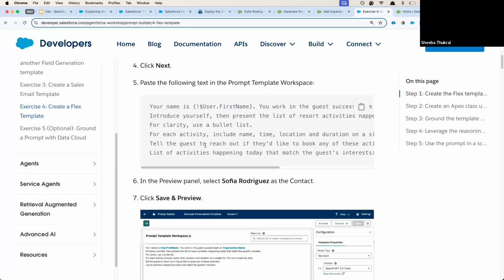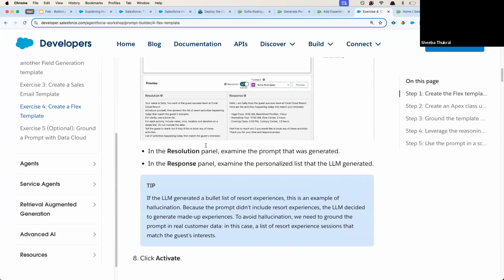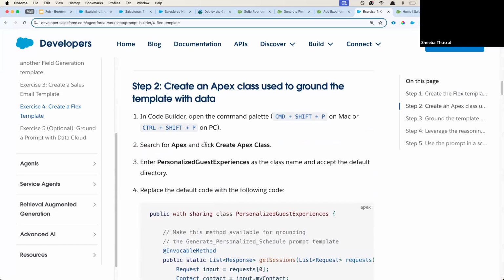So that's the flex template. So in the code, how I got the Apex was,